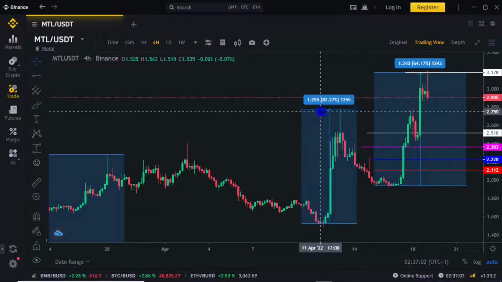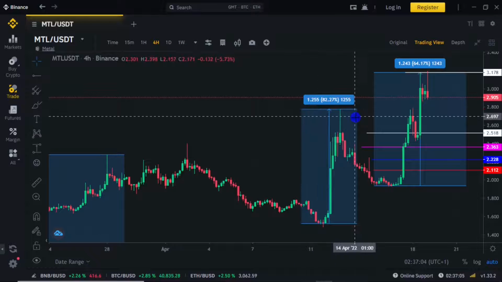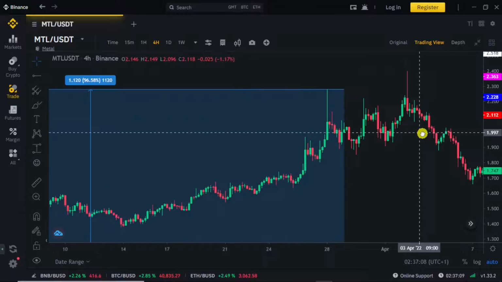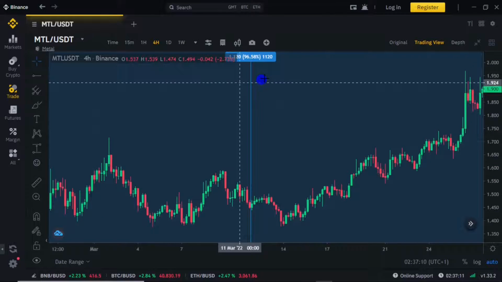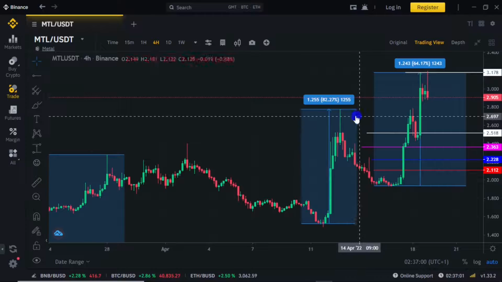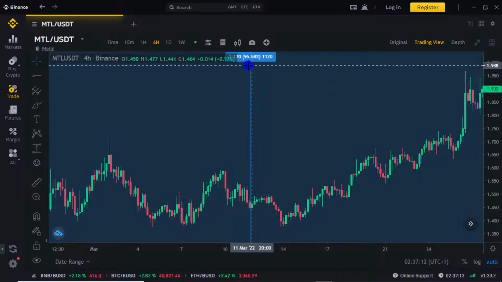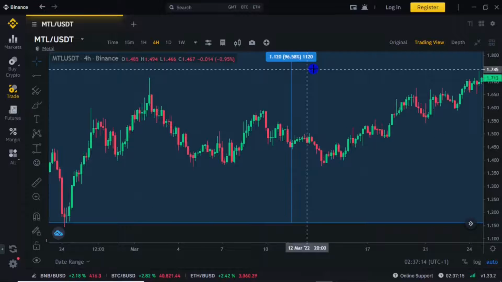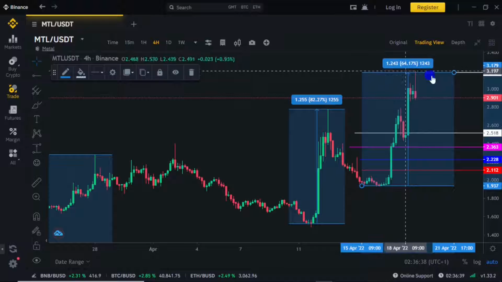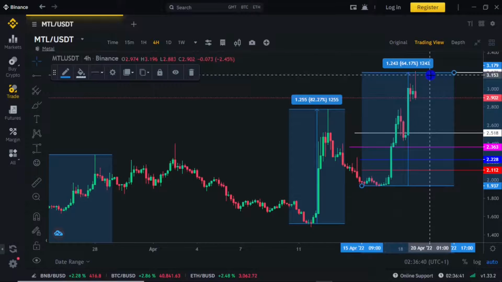Alright, let's take a quick look at the performance of price action on the previous bullish trend section of the MTL USDT cryptocurrency pair. For example, this bullish trend section, it's approximately 82%, and this bullish trend section, it's approximately 96%. Okay, now that we've identified the most current bullish trend section of the MTL USDT cryptocurrency pair on a